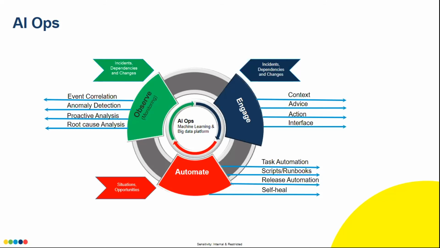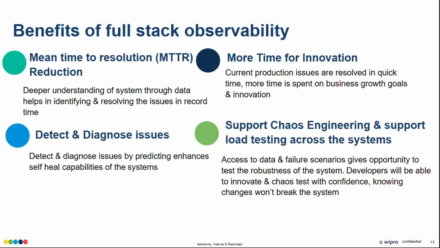So how you could automate certain things based on the situation and the opportunities. So this is how the AI ops will work in the observability to detect this pattern so that your downtime can be reduced. So now finally coming back to what are the benefits of using this full stack observability is